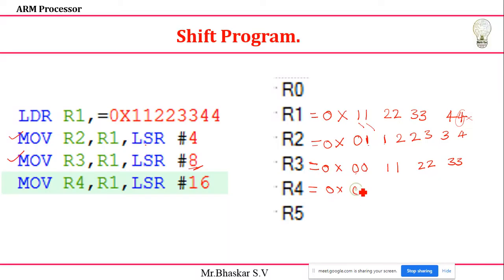Yes, good. So 0 0 0 0 1 1 2 2. Because 16 means, sorry, 2 bytes of information. I need to fill the value with 0, and the remaining 1 1 and 2 2 will come to here, shifting right side. If you want you can split in binary. If you do this operation, 16 bits you can do. These are the values, but this is the method you should remember. If you go with the normal method of splitting, it definitely takes a lot of time. Okay, is it clear? Logical shift right operation.